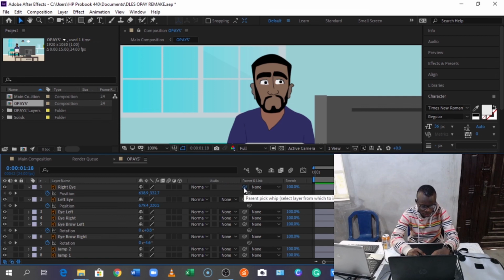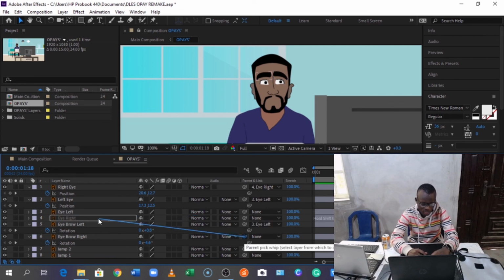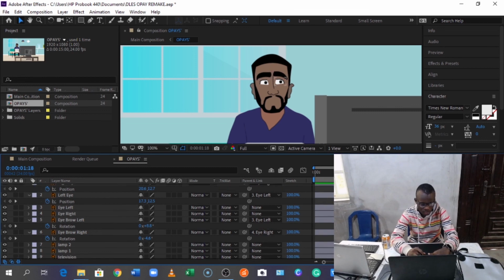We are parenting the right eye to the eye right. We are parenting the left eye to the eye left. Then the eyebrows: we parent the left eyebrow to the eye left and the right eyebrow to the eye right. Now that's been done,